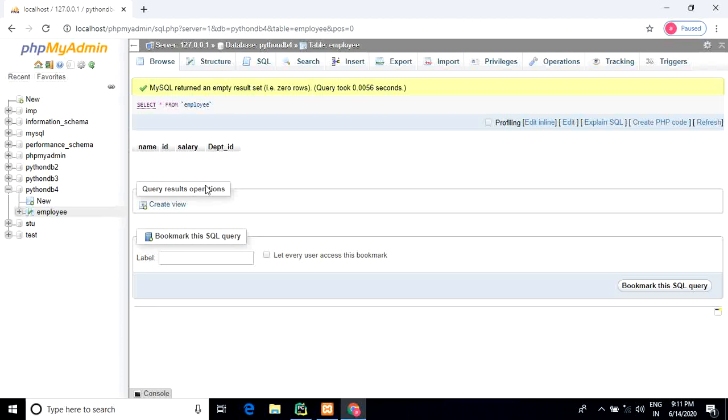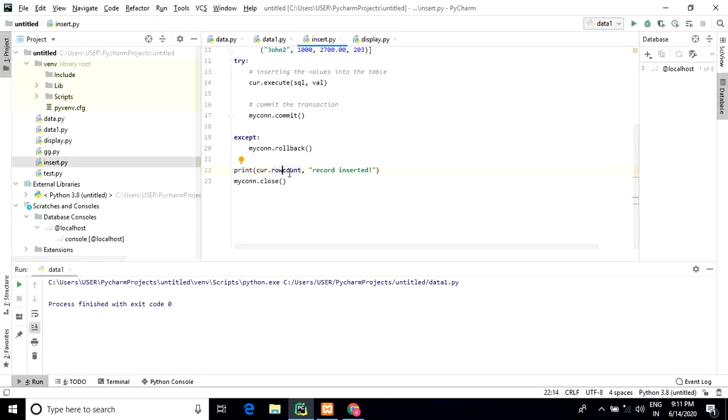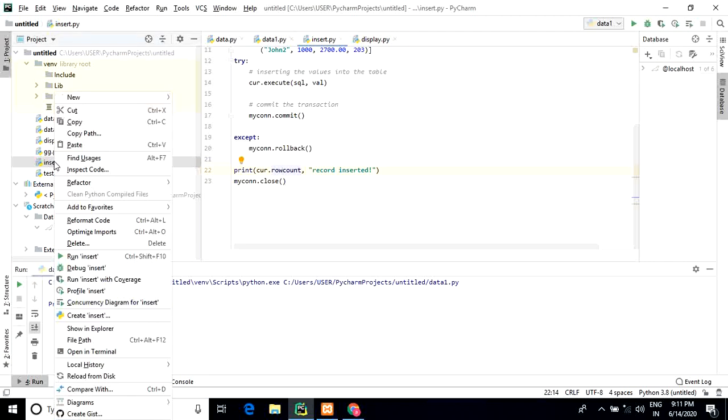When we insert a value into MySQL through phpMyAdmin, that time we see through SQL that the one value inserted message will be seen, then 2 values inserted, 3 values inserted, in that way. So this will happen using this row count function. Okay, so let's start.